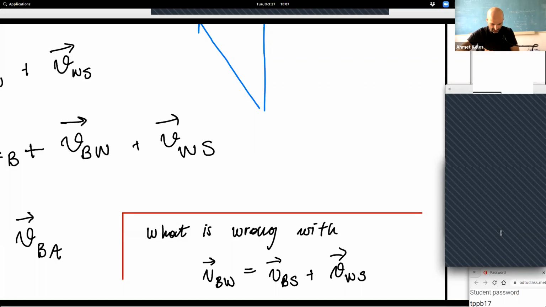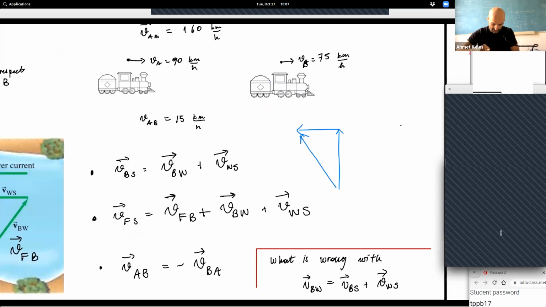So you start with index here B and B, that's fine. But this one does not match. And these internal indices, these guys also don't match, right? If you find yourself writing something like this, just take a look and then say, okay, I must have done something wrong. What is wrong with this? And I can actually show you what is wrong with this.